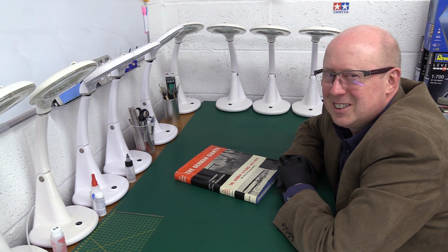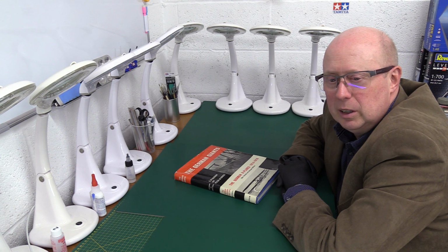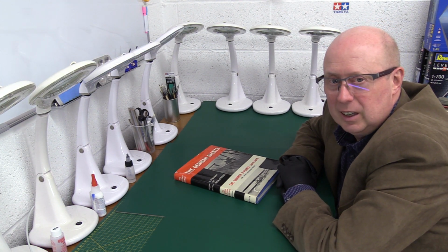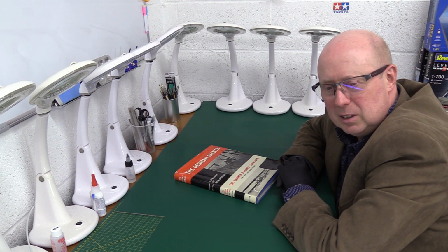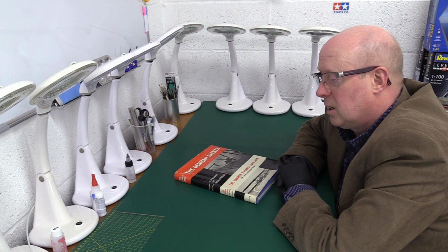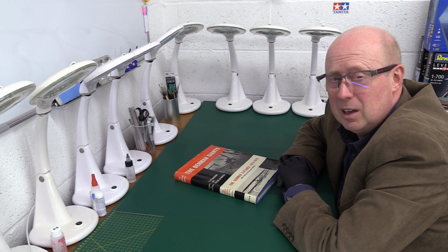But they spoiled us with some of this data because it makes you realise that when you look at those kits and then you go and look at something like Border Model, they've got this dire basic diagram only instructions with no written words in it, no photos, no history, no nothing, frankly. Everybody's sort of rolling their eyes because they're moaning there, but it's true, isn't it? I mean, if Wingnut Wings could do that, you can at least expect some English and basic instructions in some of these guys' products. Tamiya can do it, and some of these Chinese manufacturers are charging Tamiya-like prices,